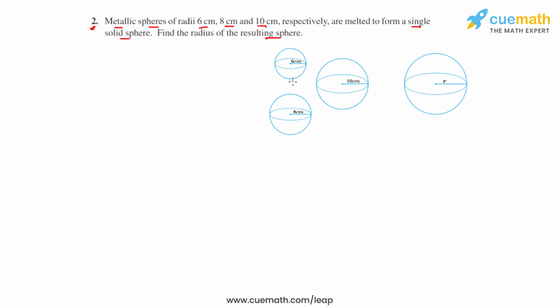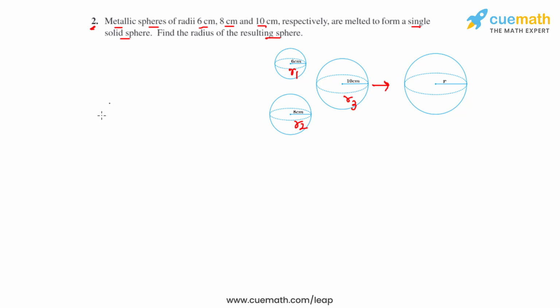Here we have three smaller spheres whose radii are 6 centimeters, 8 centimeters and 10 centimeters. So let them be r1, r2 and r3, which are melted and recast to form a single solid sphere of unknown radius, and we have taken it as R. As we know that these three spheres are melted and recast to form this single solid sphere, we can write that the volume of the single solid sphere will be equal to the sum of the volumes of the three